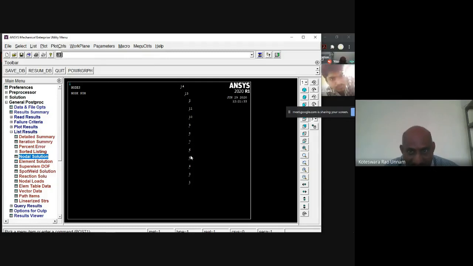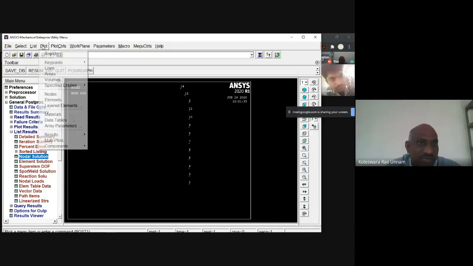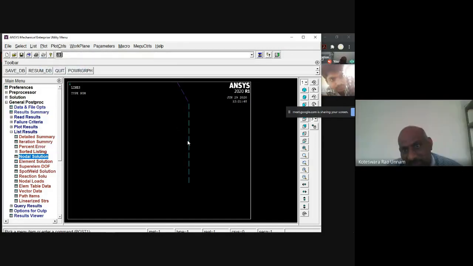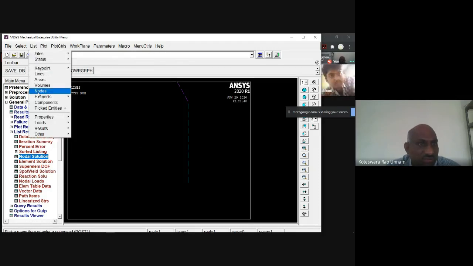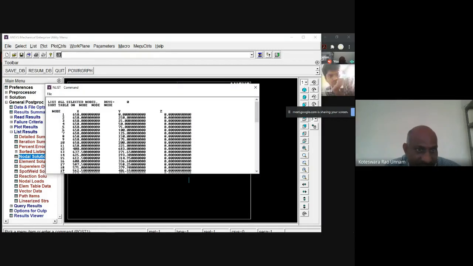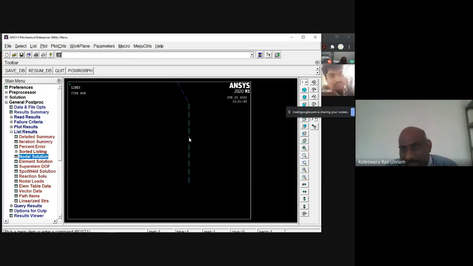See here, you have 6, that is at the intersection of, or else I plot multi-plots, I go for plot lines. Here in between, exactly at the center, you have that node number 6. Or else you can go for nodes. You can sort out the nodes by its coordinate. You can see where that node number 6 is. See, it is located exactly at a radius of 650 mm, and in the y direction it is at 100 mm. So at that location you have a maximum displacement.